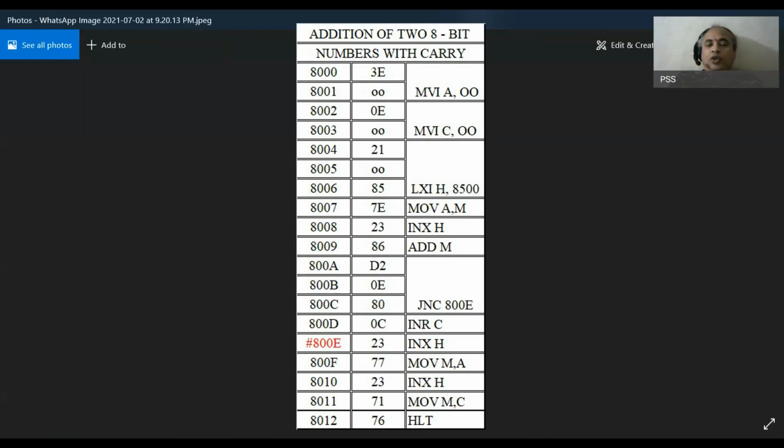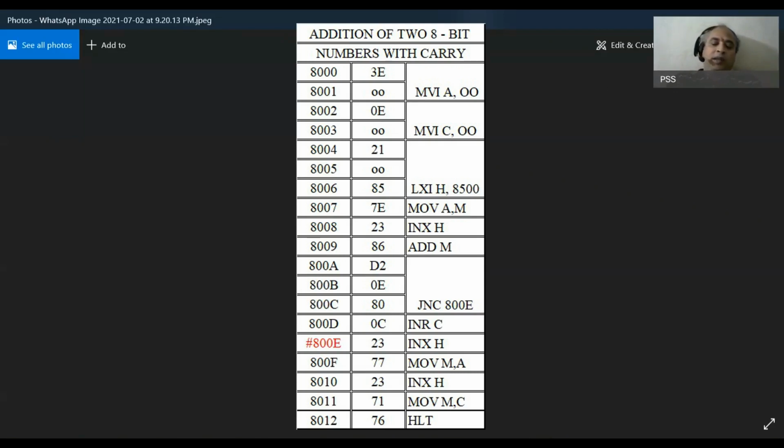You have to display the result at the end of the program. So to show the result, you have to move the sum of the addition from the accumulator to the given memory location.